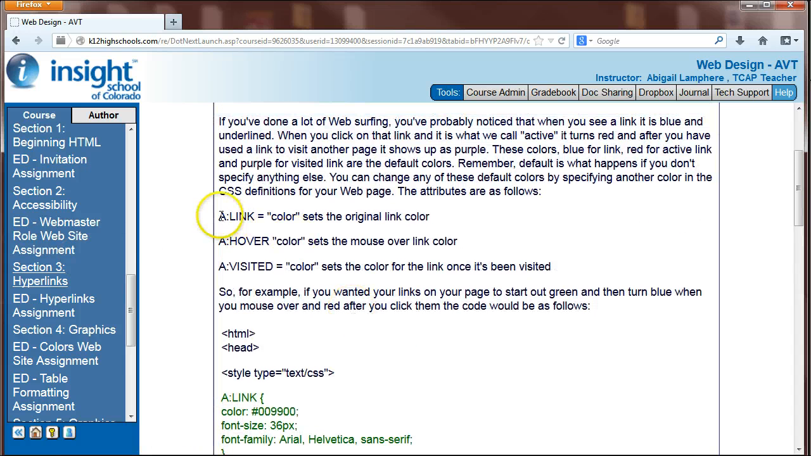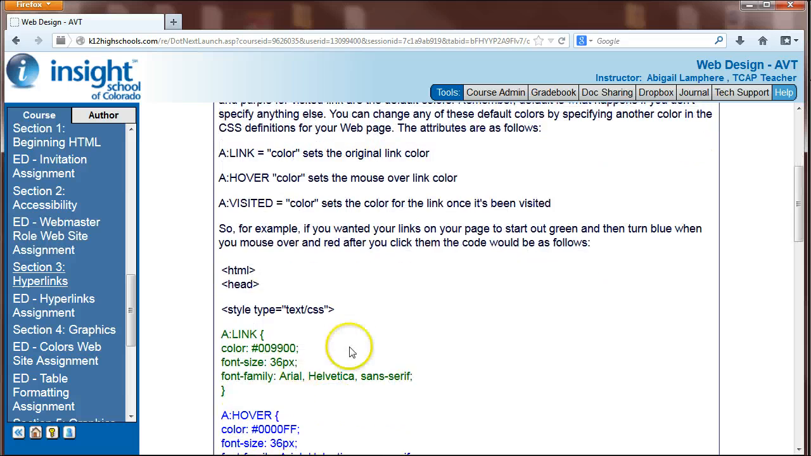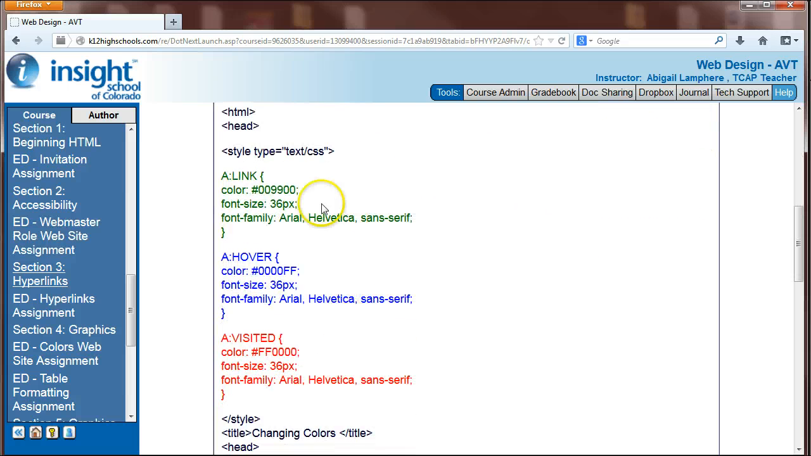You should have read that a:link sets the original link color. a:hover applies color when you mouse over that link. And a:visited sets the color for the link once it's been visited. So we can have control over those different colors based on when someone clicks on it and once